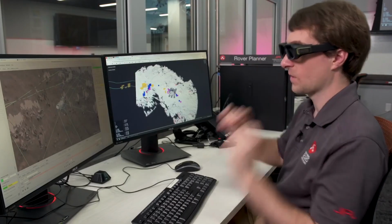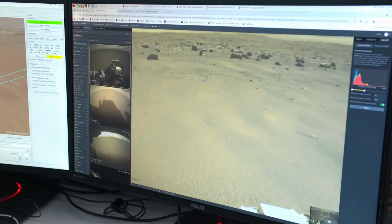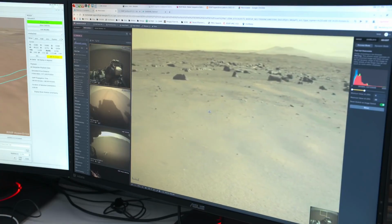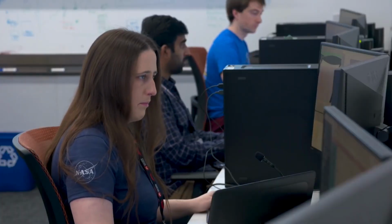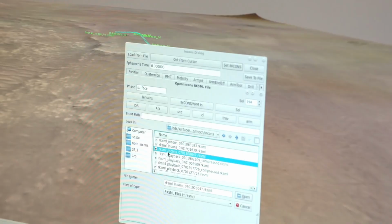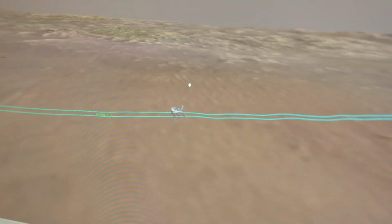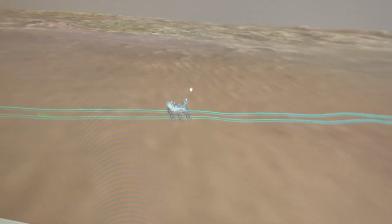We use 3D monitors and 3D glasses to look at the terrain around the rover, and that 3D environment is created from images taken on the previous day on Mars. Over the past year, the rover drivers have taken a very active role in Perseverance's drives. Currently, though, we're just trying to drive as far as we can every day, so we're relying more on Perseverance's